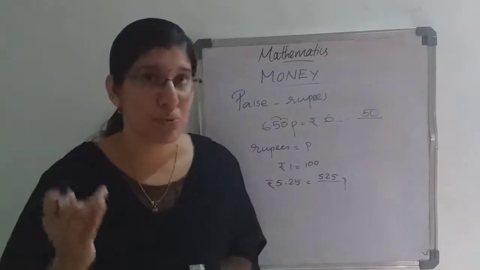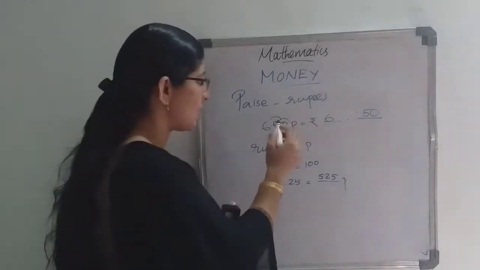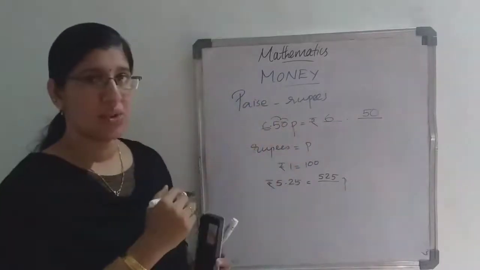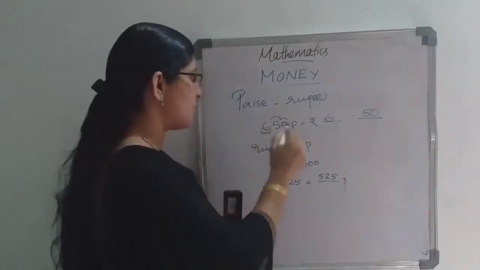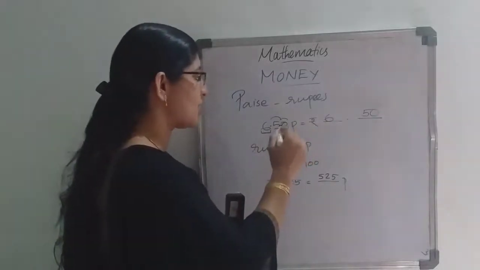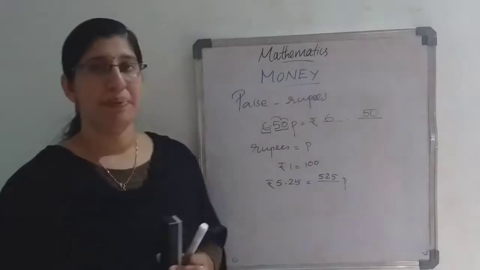And for the next conversion we studied paise to rupee: whenever you get the paisa, it should be every time a 2-digit number. So from the ones place you have to insert the dot after 2 digits. The first number should be the rupees, and the numbers after the dot are the paisa.